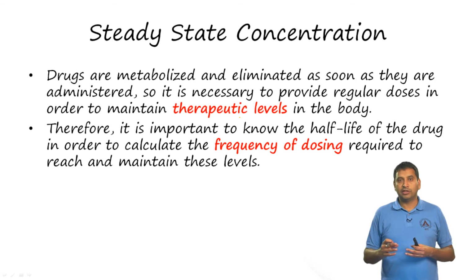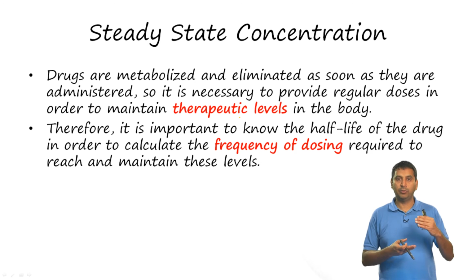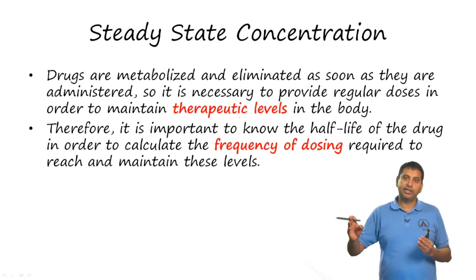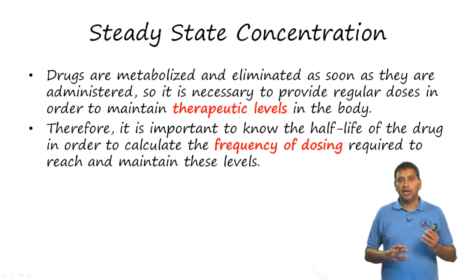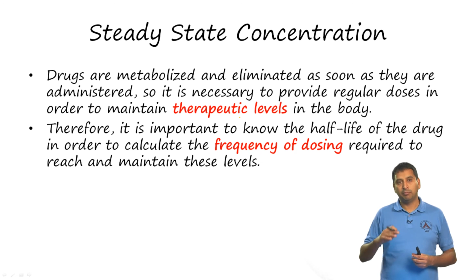So, of course, drugs are metabolized and eliminated as soon as they are administered. So, it is necessary to provide regular doses of this drug. So, we already looked at this therapeutic level. So, in order to maintain this, you need to be able to maintain a steady state concentration. Therefore, it is important to know the half life of a drug in order to calculate the frequency of dosing, right. And for us to be able to ascertain how to reach that therapeutic level and maintain these